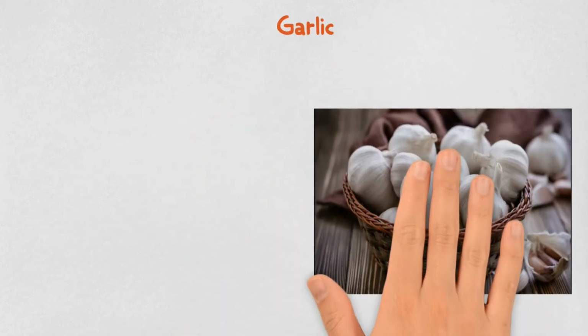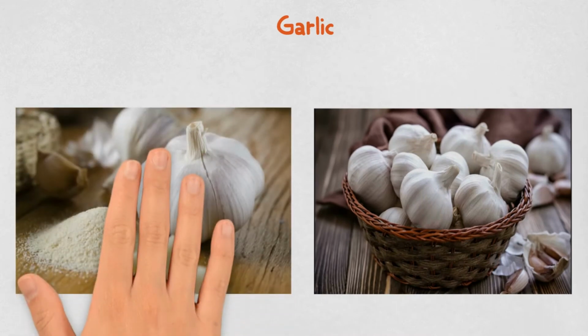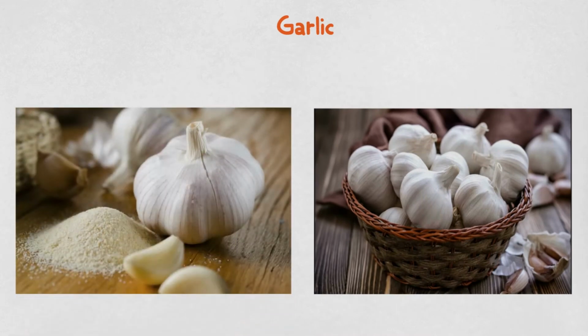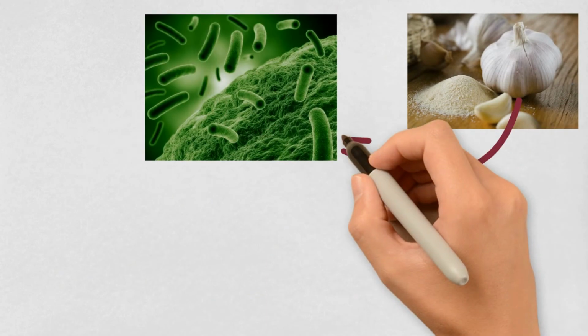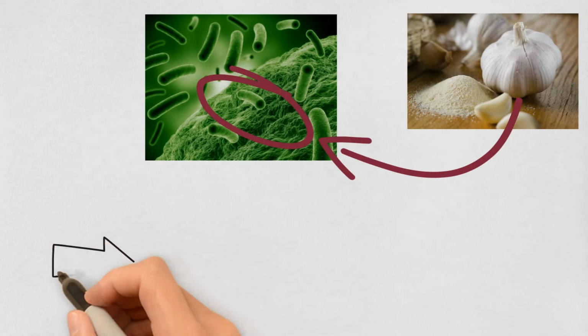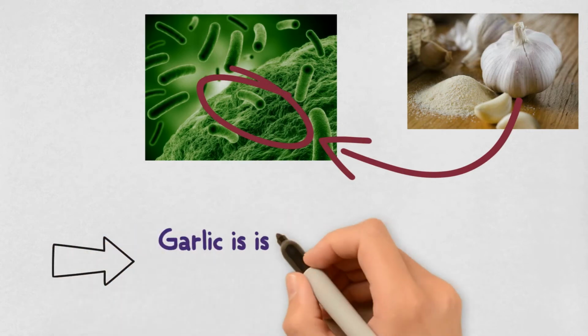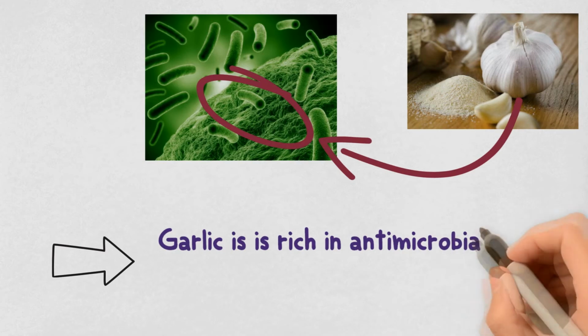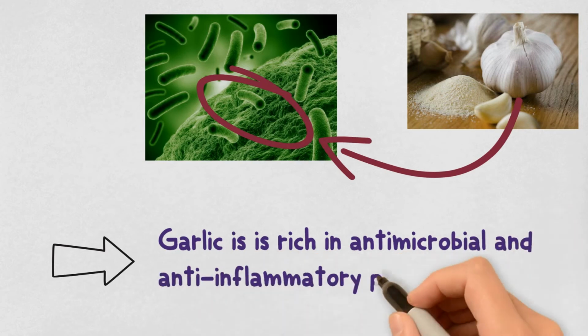Garlic. Garlic contains a sulfur-containing amino acid called allicin, which is rich in antimicrobial and anti-inflammatory properties. It also contains natural anesthetic properties which provide relief from pain and sensitivity. Apply freshly extracted garlic juice or garlic paste or a sliced clove on the infected tooth for a few minutes and